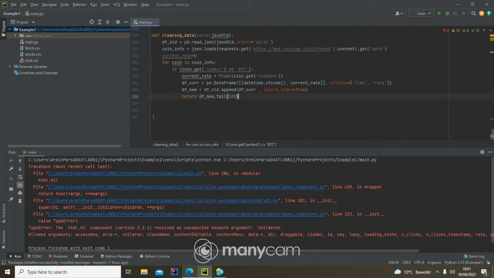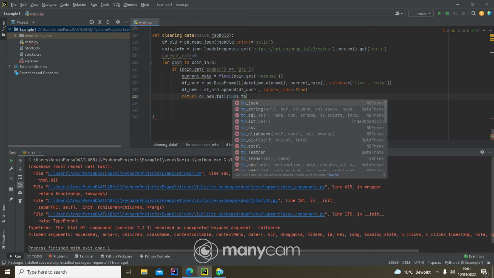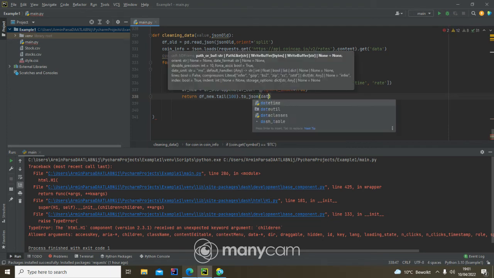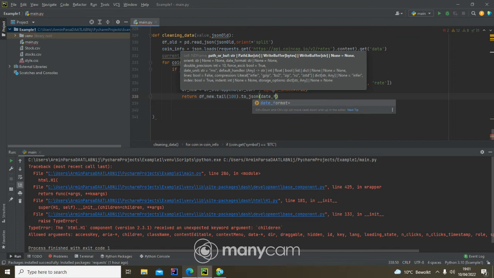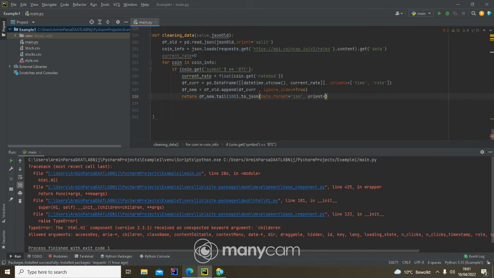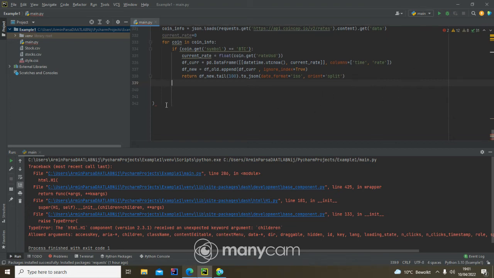These are pandas, and you have to improve your pandas, and I am also new on that. to_json, and then I'm saying date_format is equal to, again, standard ISO, and I say orient split. Okay, and now